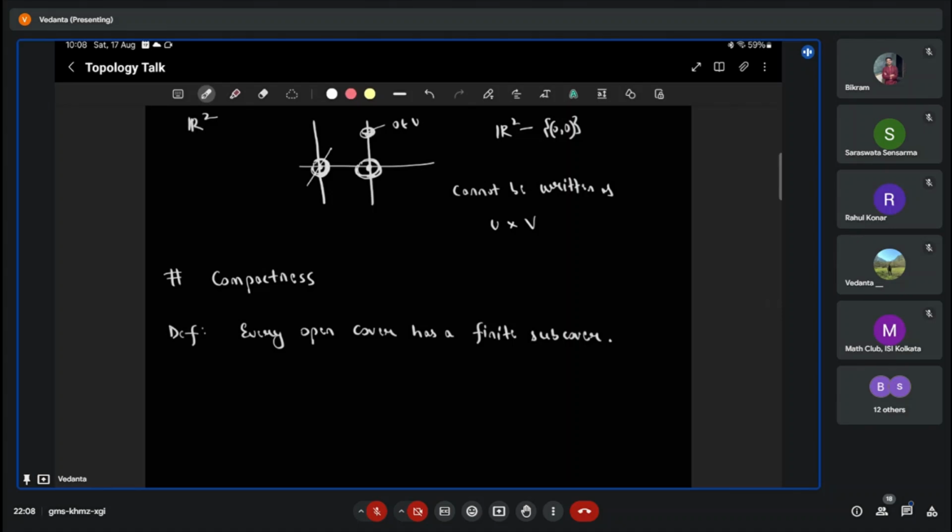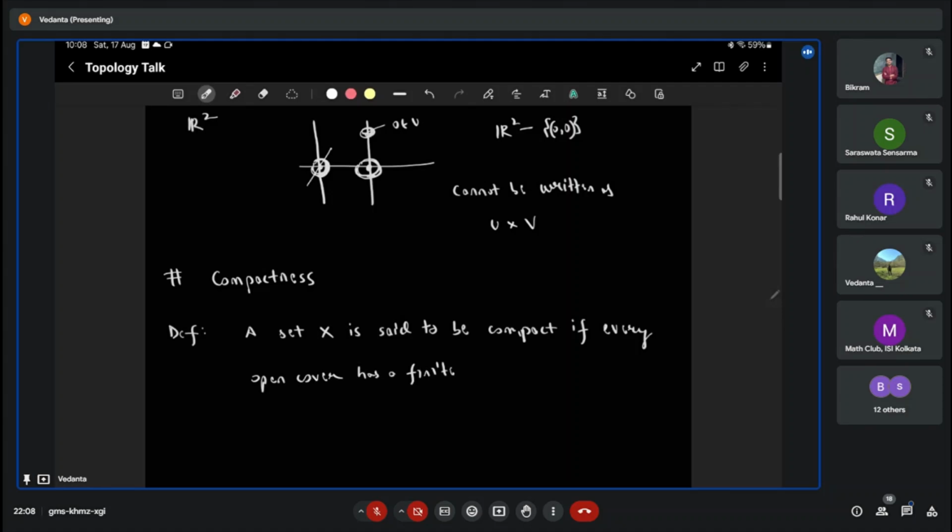Now, what exactly is an open cover? Fine, if I should write it properly: a set X is said to be compact if every open cover has a